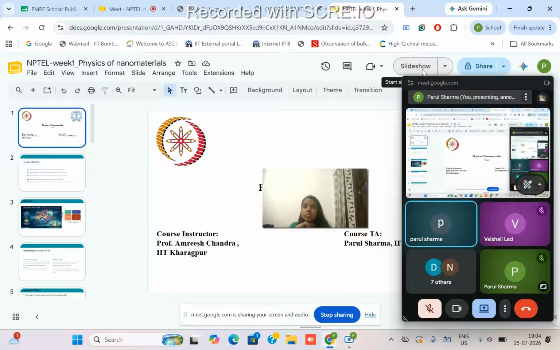Then there is one term, nanophotonics, where the dimensions are less as well as the speed is fast. So right now we are dealing with these features. We are moving from electronics to photonics, where we are dealing with wide band gap materials. We are looking for the quantum sources, detectors,